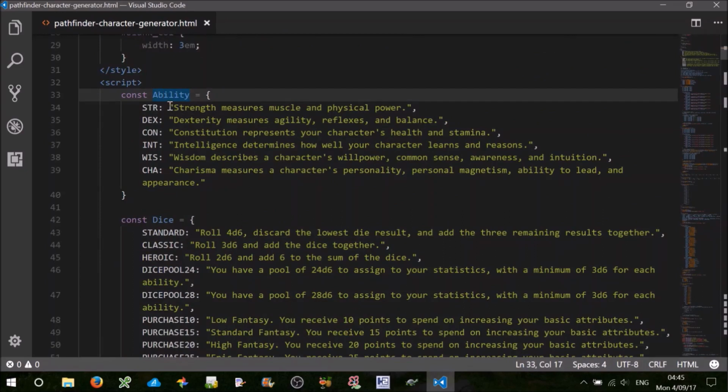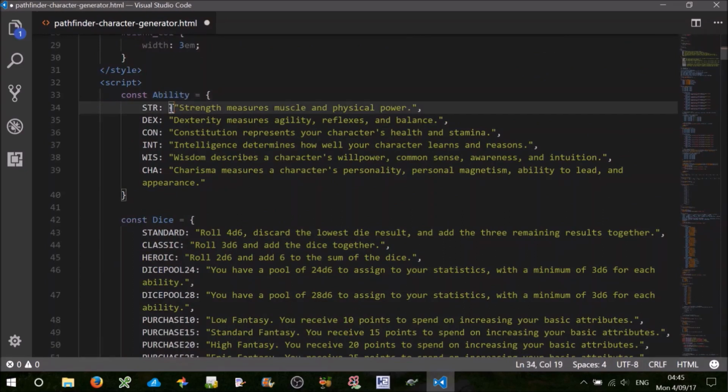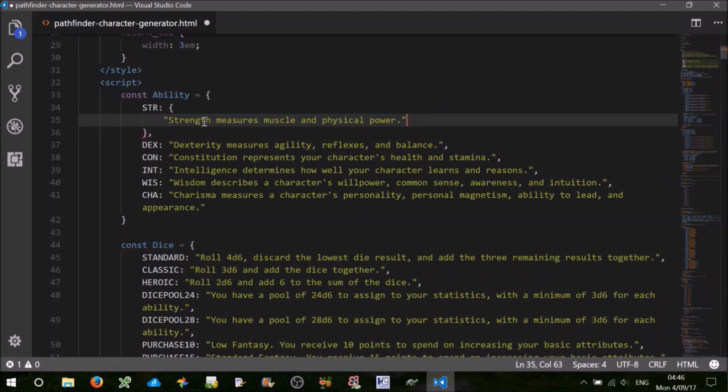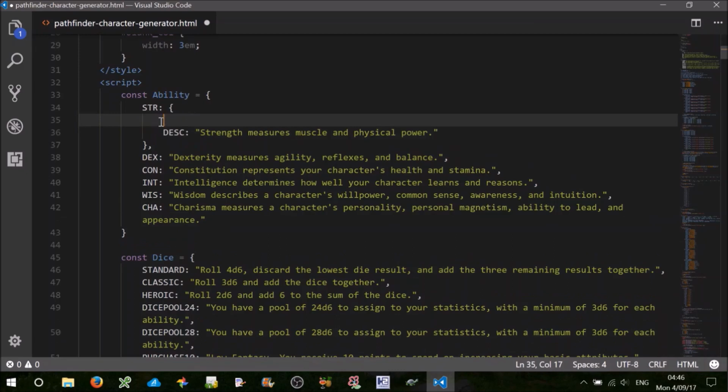Let's change that slightly. What I'd like to do is put some braces around that, and we'll give that its own, we'll call that description, DESC will do. Now we're going to be following this sort of technique throughout this tutorial. It's basically putting an object within an object. So description, and we'll have name. And the reason we're going to do that is so that we can access